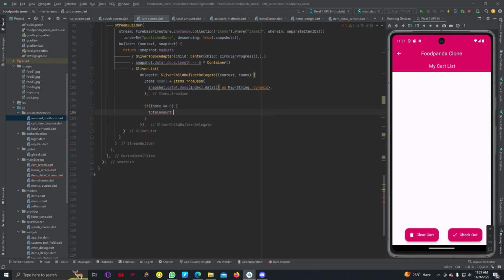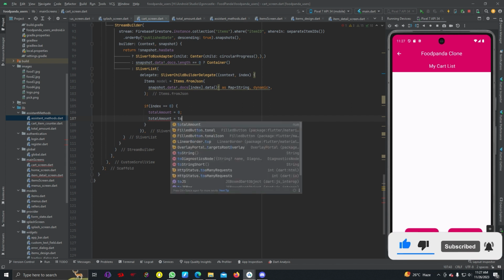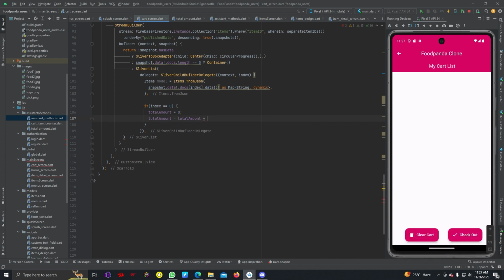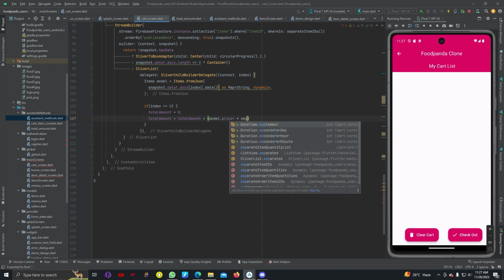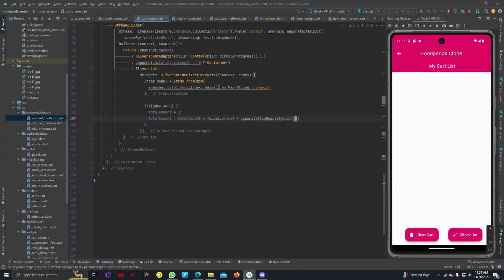So total amount equals 0, and then total amount equals total amount plus model.price separate item quantity list index, else